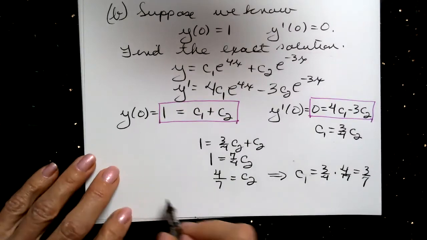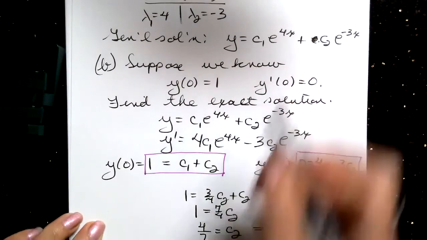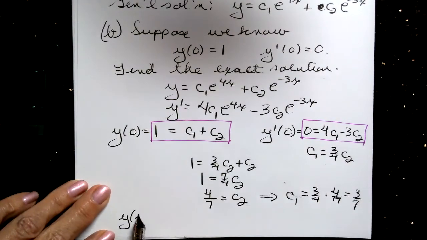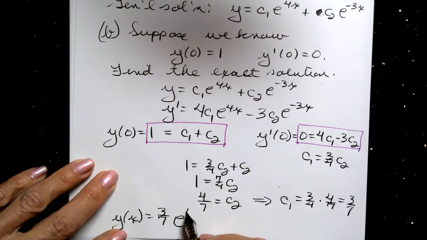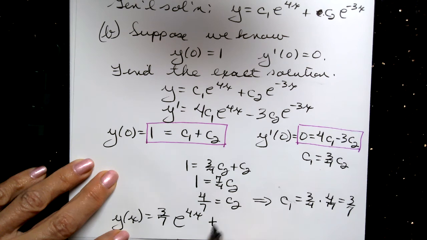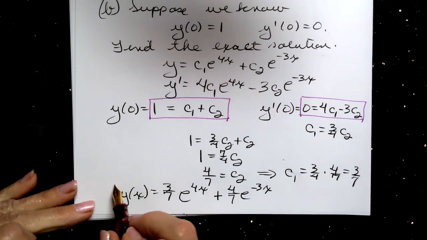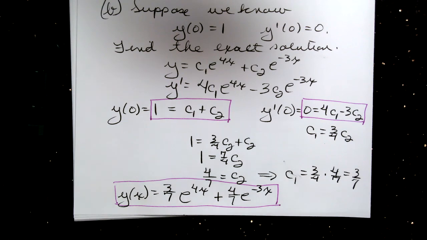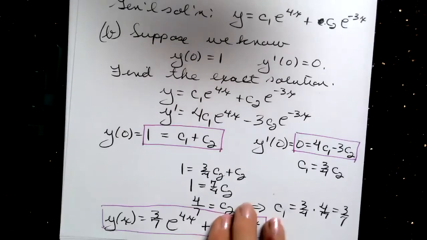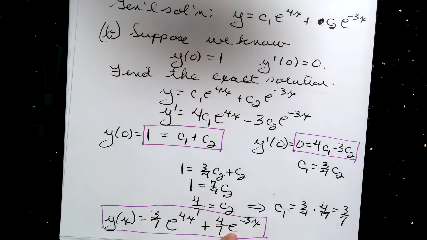Okay, so our exact solution then is, we look at this one, and now we know what C1 and C2 are. So y of x is 3/7 e to the 4x plus 4/7 e to the minus 3x. Okay, and there's your answer. And you can always check it by differentiating twice, plugging into the equation, plugging in the initial conditions, making sure they work. For example, here you can very quickly see that if you plug in y of 0, you get 3/7 plus 4/7,